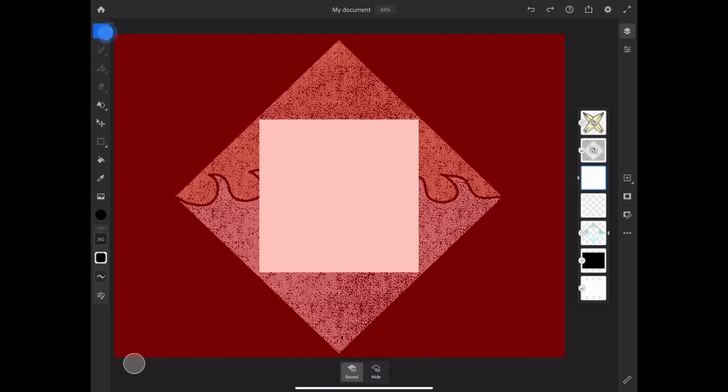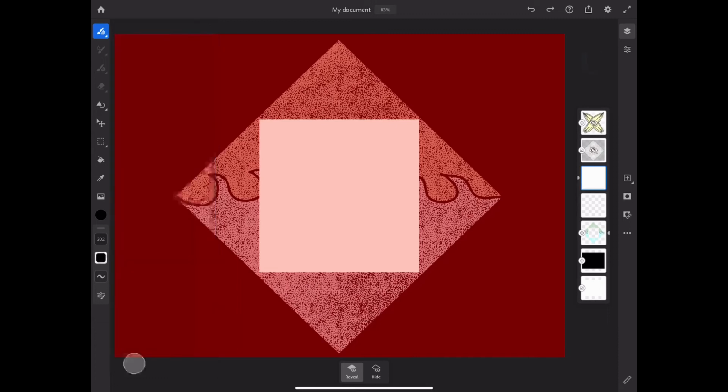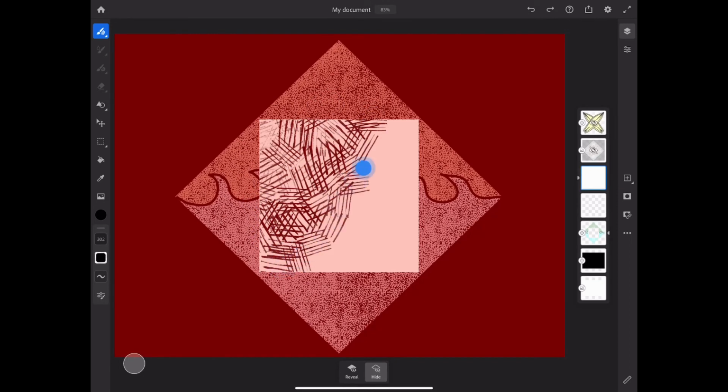And we're going to choose this crosshatch. And whoops, I do this every time. You want to make sure down here on the bottom that you choose Hide. So Reveal is going to reveal the design. Hide is going to take away. So we want to make sure we choose Hide. And we're just going to kind of go back and forth